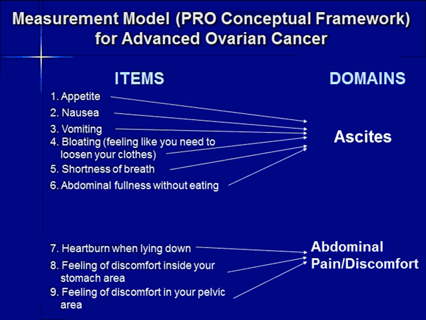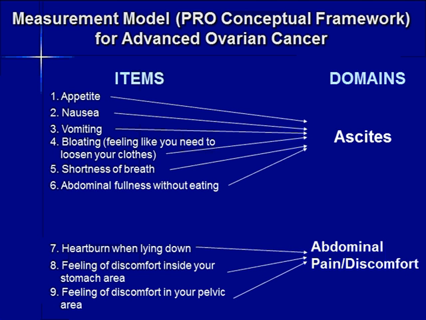Now, a measurement model, which can be articulated right from the endpoint model, gives you a framework for measuring important patient-reported outcome domains. And just sticking with ovarian cancer here as an example, we have items or questions that might ask about appetite, nausea, vomiting, bloating, shortness of breath, abdominal fullness. And these items